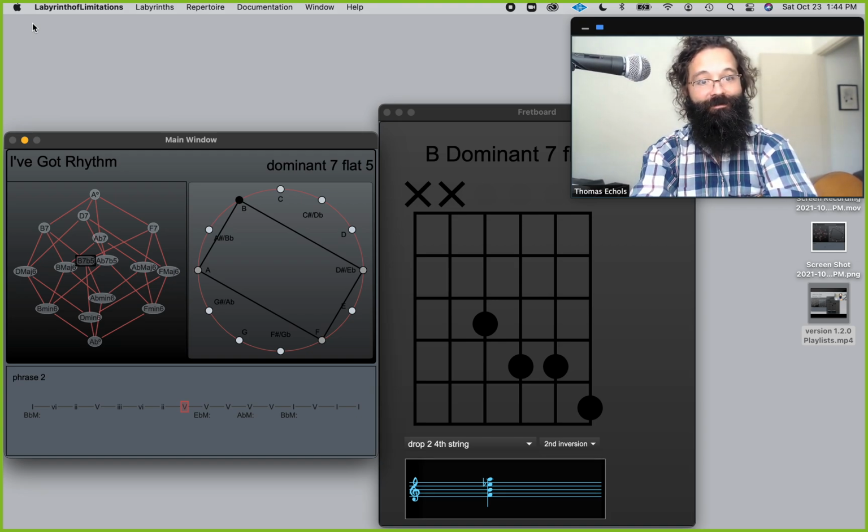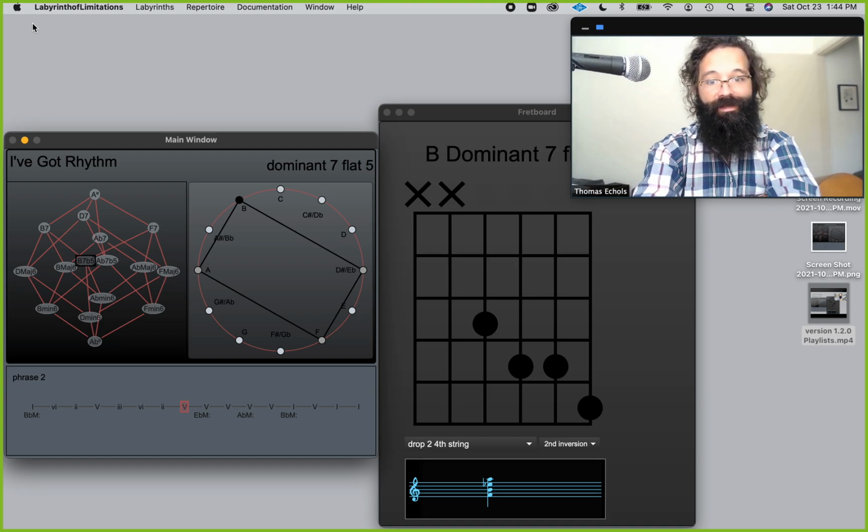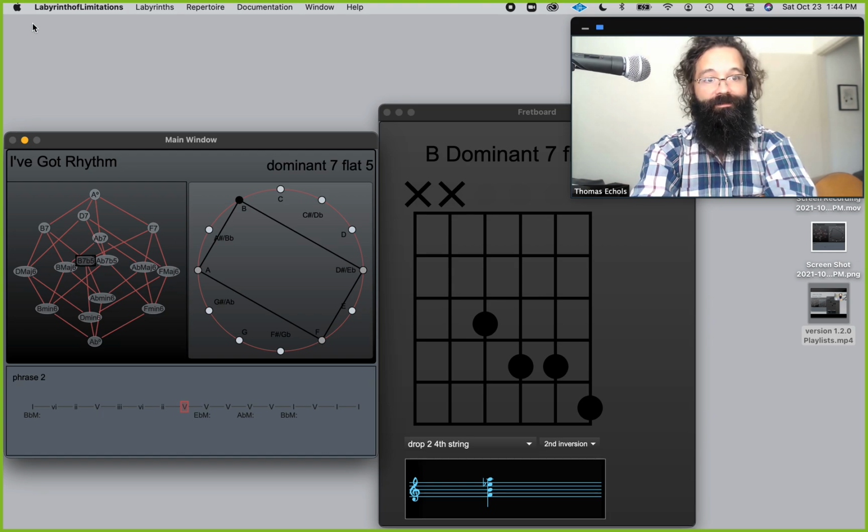So these are the new features of the Labyrinth app. I hope some folks find these cool. There's more to come. Now I can make updates again because we've got that export import thing